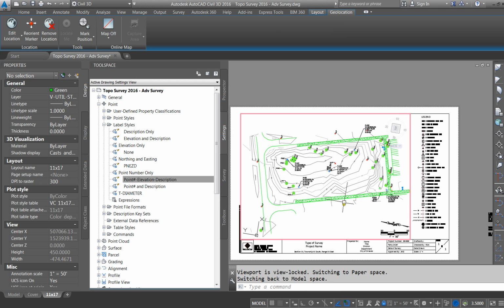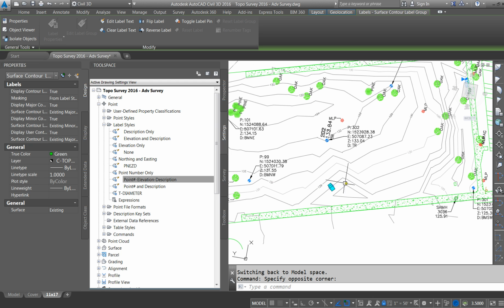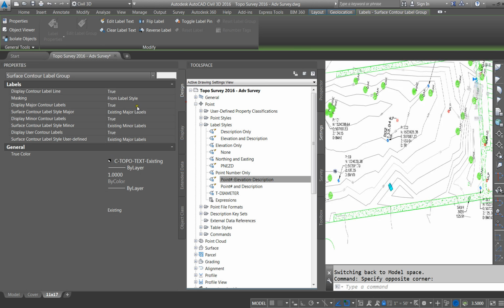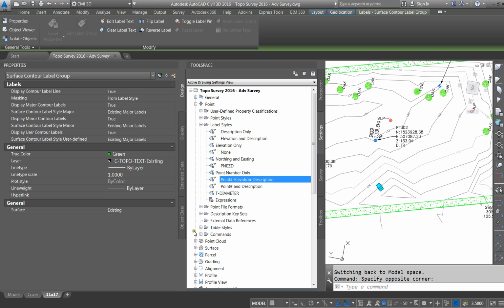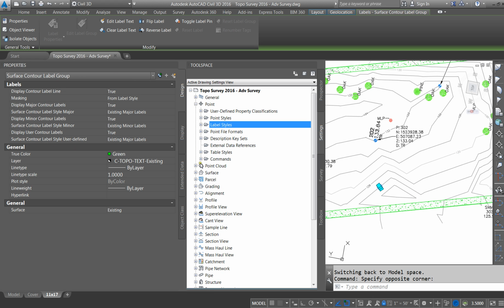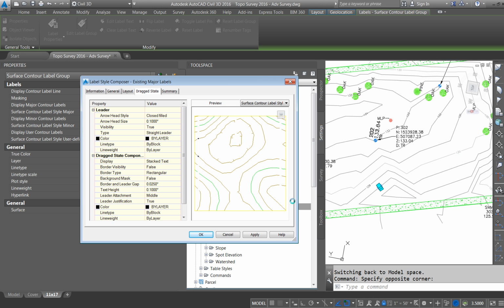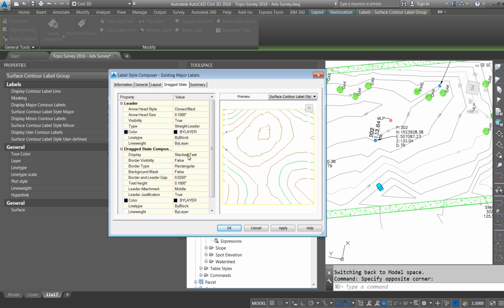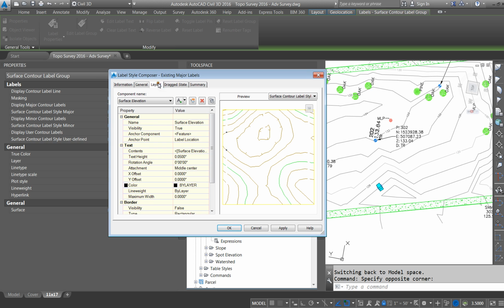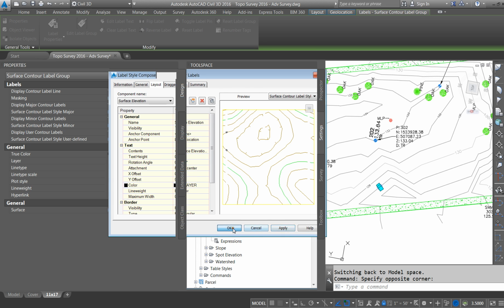Now, the other thing is my text here I can also edit, and that's based on the label. It's easier to go through here than this whole setting groups, because if I went through the setting groups, I'd have to go to surface, label styles, contours, and then I'm looking at existing and minor. If you don't know what you're looking for when you first do this, you won't know where to look, so it's easier to go through your properties to edit your objects. So I'm going to change that to a layout state of 0.075, apply and OK,